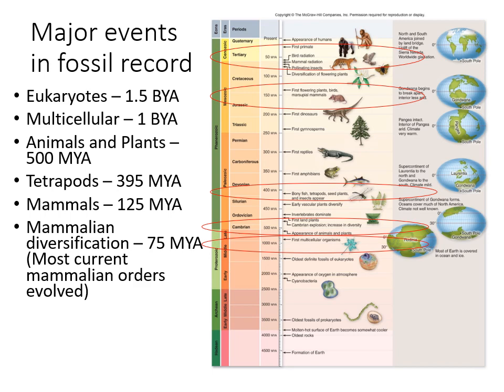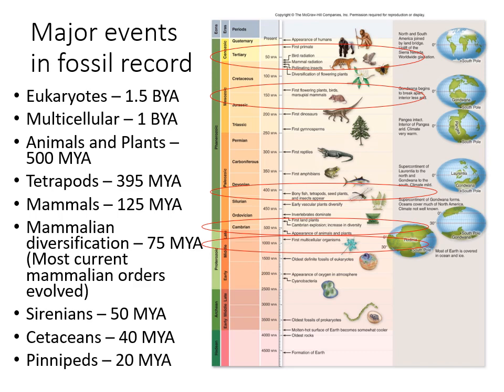A lot of the mammals just didn't represent much in the animals of the world until about 75 million years ago when they diversified. And then once the dinosaurs went extinct, a lot of the niches were filled by mammals after that. Sirenians, so these are whales. Oh no, these are like manatees, occurred 50 million years ago. Whales 40 million years ago. Pinnipeds 20 million years ago.